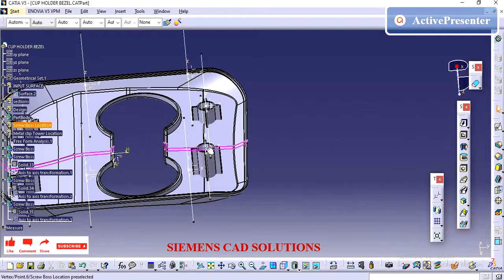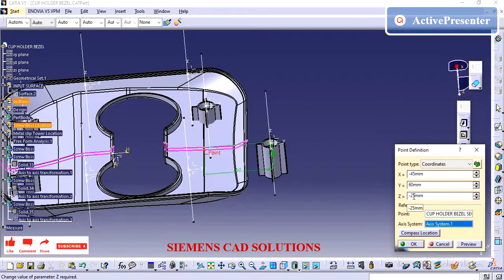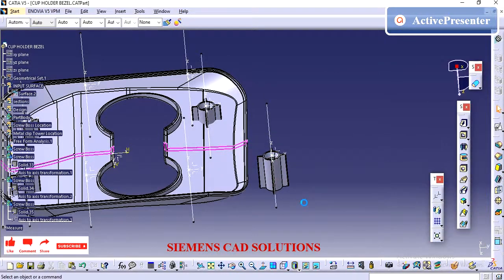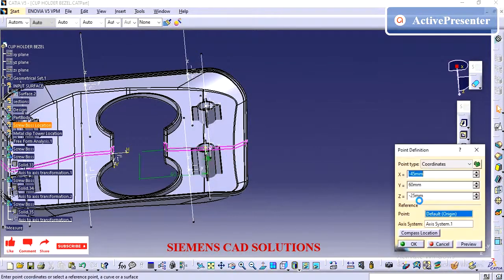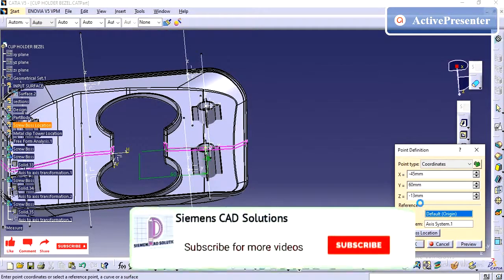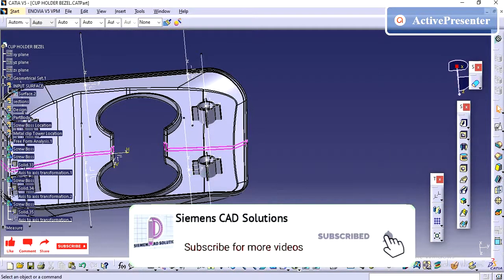In the next video we will see how to do the parting line for this part. Because of coordinate points, it is easily controllable, so that is the reason we are creating the points and finally changing them into coordinates.